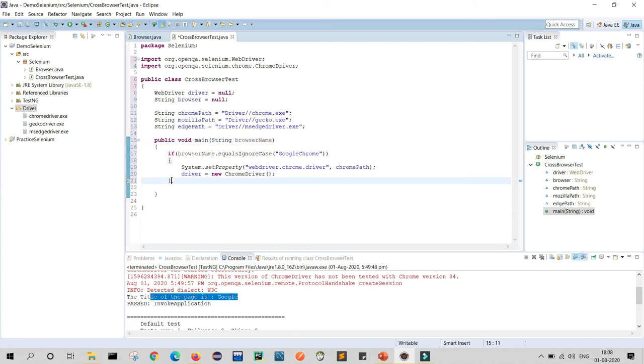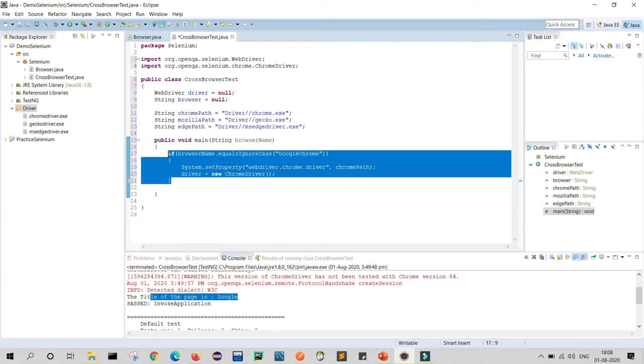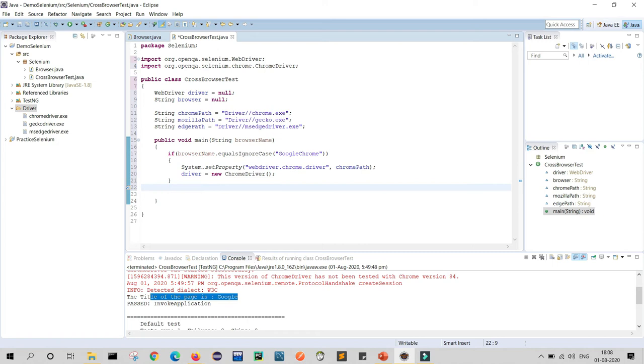So what will I do? I will just copy this script and I will use it for Mozilla Firefox. So in place of if, I will write else if. Else if browser name equals to, here I will change to Mozilla Firefox.